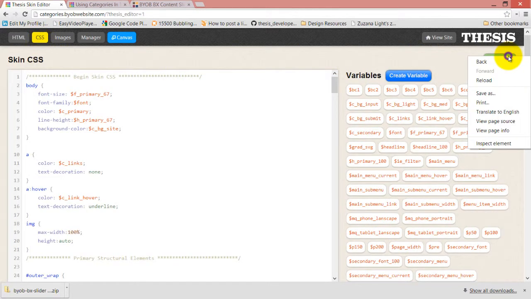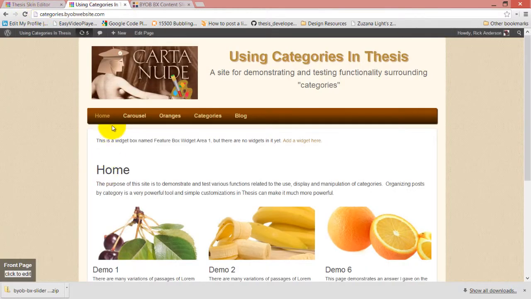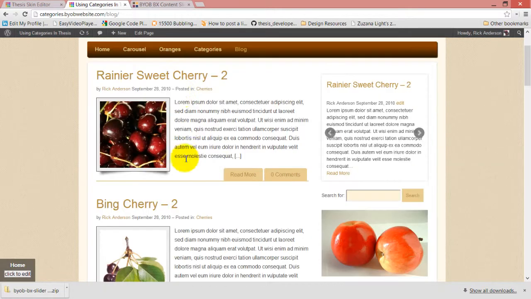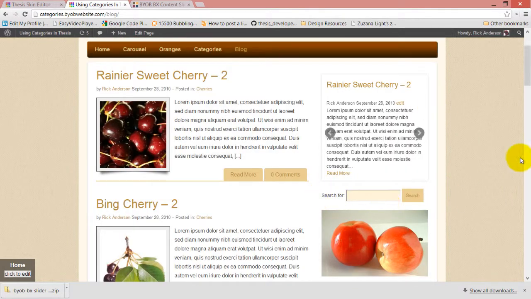Then save our CSS, and go over to the home page, or go to the blog page, I guess. Now you can see we've got this slider set up. It's got a little border around it. It's got the title, the name, the date, the edit, these little navigation buttons, the excerpt and the read more, just as the query box happens to be set up,